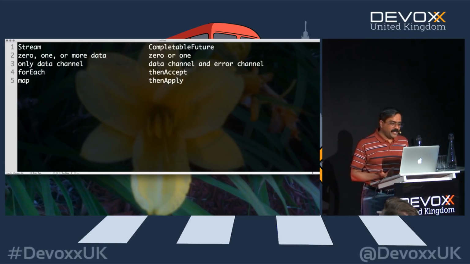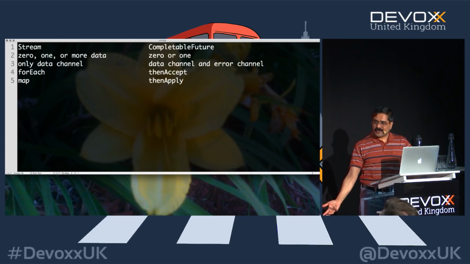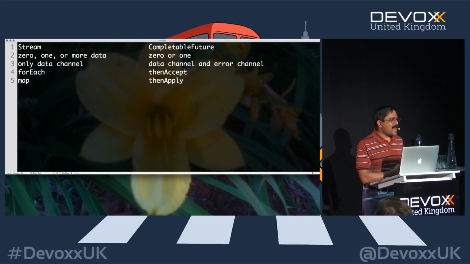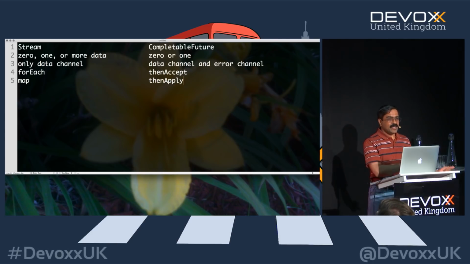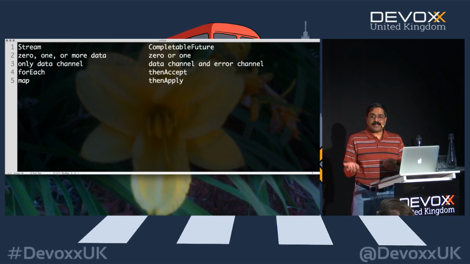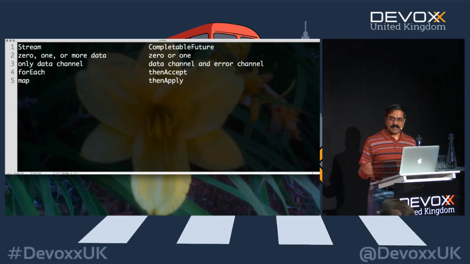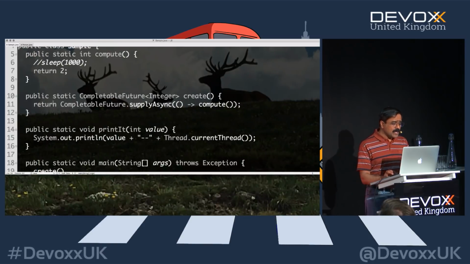So what does the then apply do? It performs transformation. It transforms the data you get from one completable future into another completable future. So they're pretty equivalent. In my mind, every time I think of then apply, I think of a map because it's a transformation I'm really doing. That's my intention here. So just like they used map in Optional, they could have used map here as well, because all you're doing is performing the mapping operation, right? That's what it really is. But once you get a hang of it, it becomes easier to work with. That's the then apply.